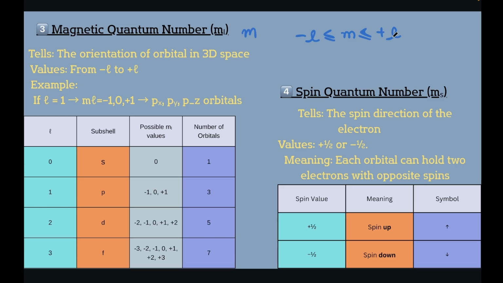Or in other words, for any given l, the magnetic quantum number m can start from minus l, increase in steps of 1 and end at plus l. And the total number of m values for a given l is 2l plus 1. For example,